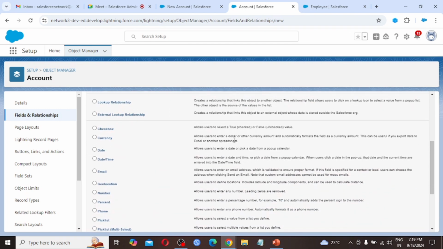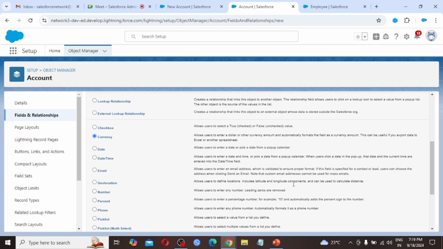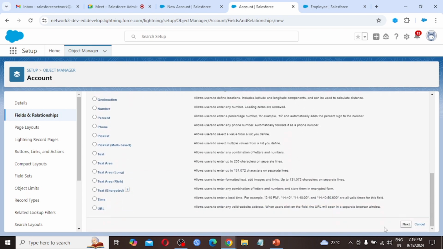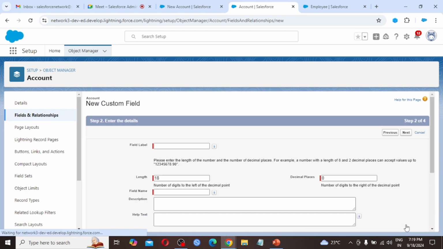Allows user to enter a dollar or other currency amount and automatically formats the field as a currency amount. This can be useful if you export data to Excel or another spreadsheet. So we are going with currency, as we need to store the amount, and in the field label we are going to provide amount.